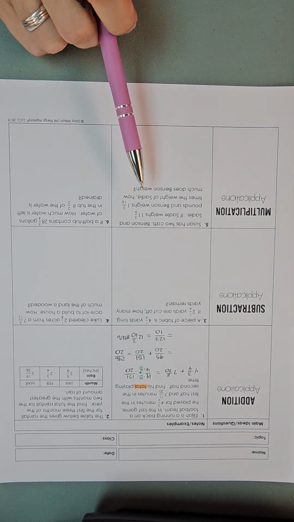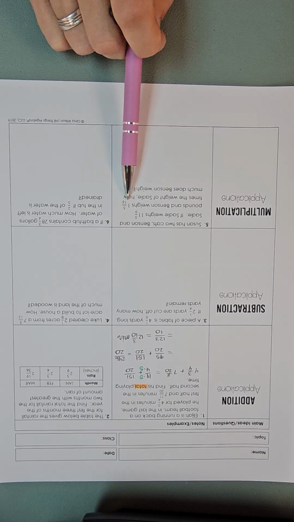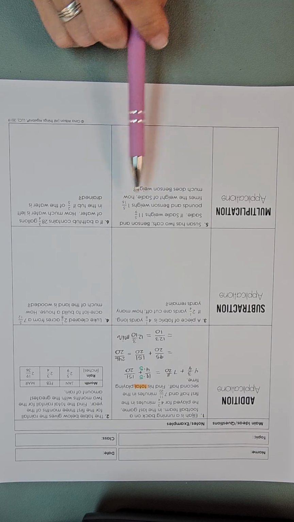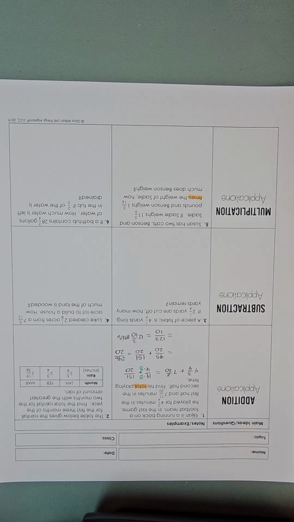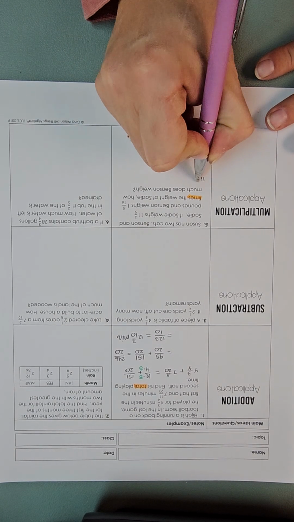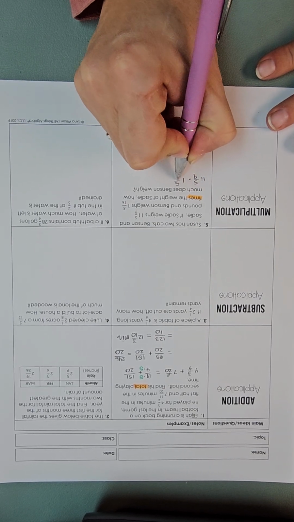Susan has 2 cats, Benson and Sadie. If Sadie weighs 11 5/9 pounds and Benson weighs 1 5/16 times the weight of Sadie, how much does Benson weigh? Here's our keyword, times. So that means we have to multiply. All right, so I take 11 5/9